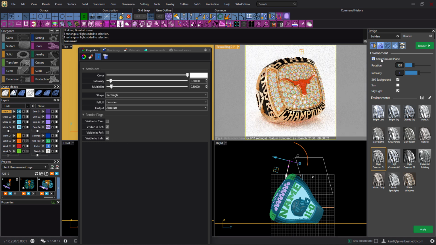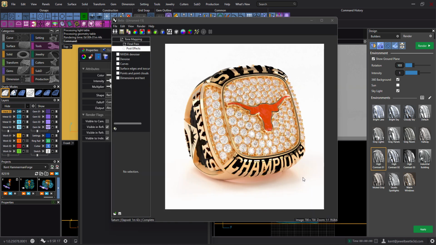And I am now going to hit pause and render. Okay, so here's that render done. Now, when you start to introduce physical lights, it will affect the render time. There's more calculations, more bounces, more everything going on. I think we still have good contrast in the diamonds, and our